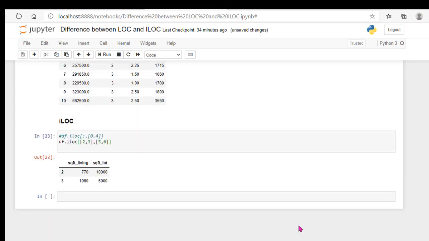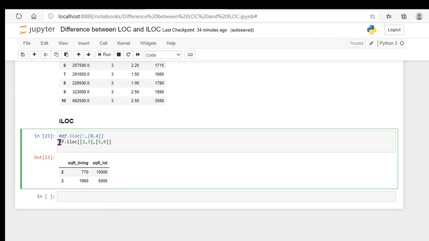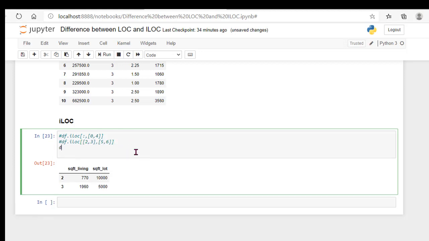That is why these loc and iloc methods are very helpful, easy and flexible methods to retrieve the data from rows and columns. Now if I want to give the range of columns and rows using the iloc method, I should write iloc. Here I am going to select all the rows, and the columns I want to select are index 4 to 10. Okay, let us print this.